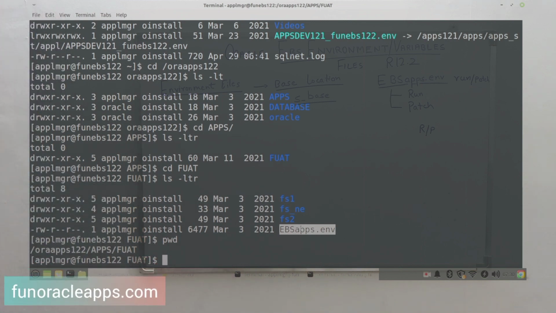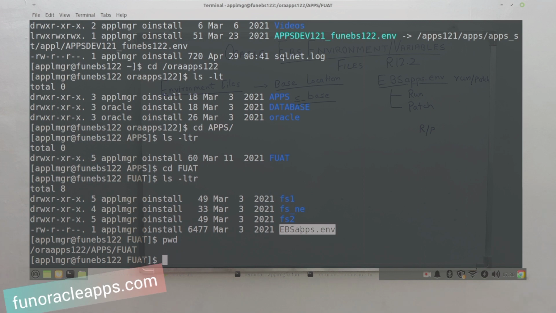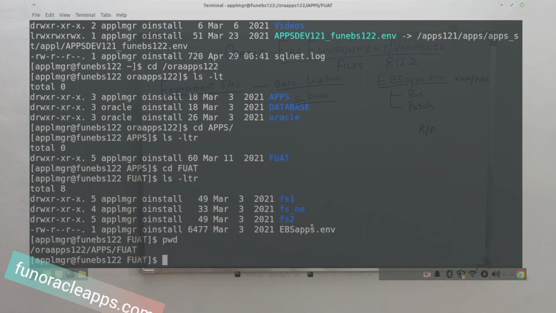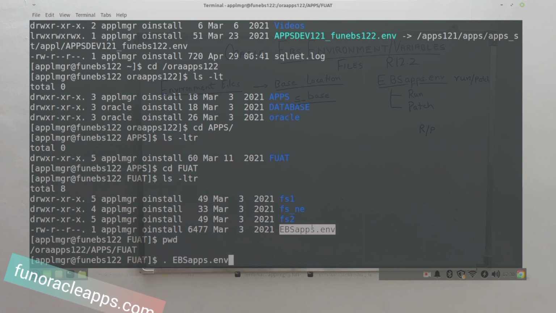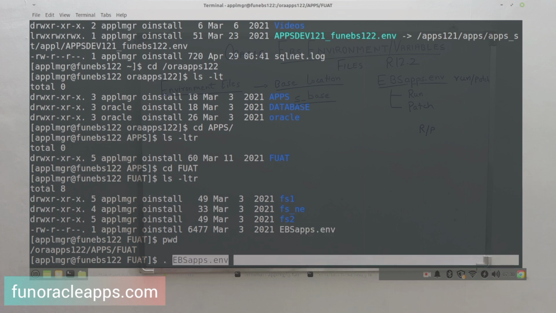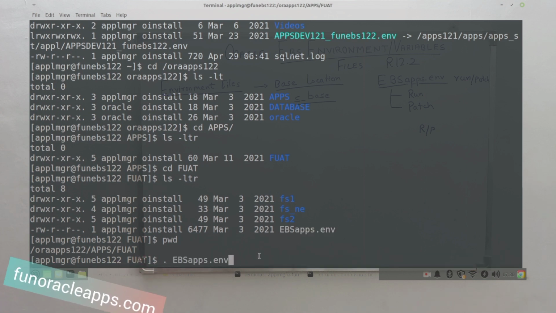To source this file, I simply type dot ebsapps.env. The operating system I am using here is Linux 7, Oracle Enterprise Linux 7 to be more precise, and I have to source this environment using dot and the environment file name.